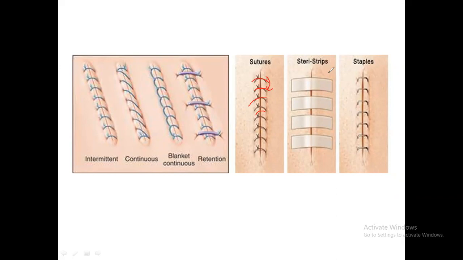Okay, you have a long cut, you have a deep cut. With the sellotape, you are bringing those tissues together. Okay, steri-strip is a kind of sellotape which is put on the tissues when it is cut. Then we have staples. Okay, stapler, I think all of you have seen. This is stapler.